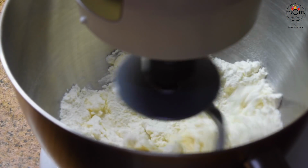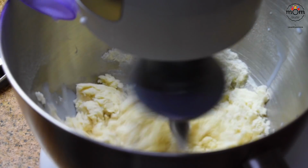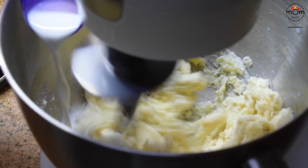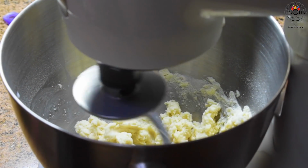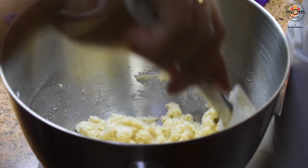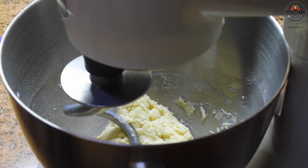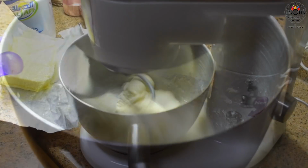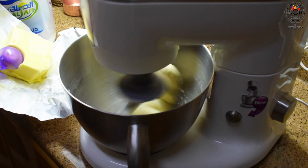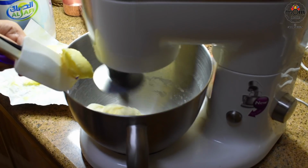Start kneading at low speed first, then slowly increase the speed. While kneading, I added 2 more tablespoons of milk. It depends on how well the flour is coming together. You may add 1 tablespoon or 2. Scraping the sides a bit and then kneading again on medium speed. After 5 minutes of kneading, or when it has formed a dough, add 1.5 tablespoon butter,